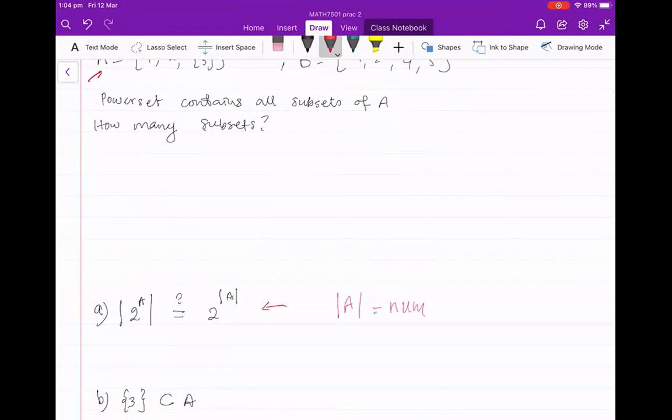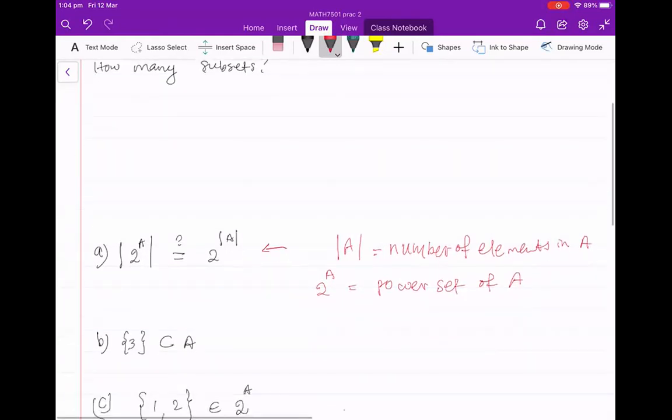How many elements are there? And 2 to the power A means power set. Power set of A gives you